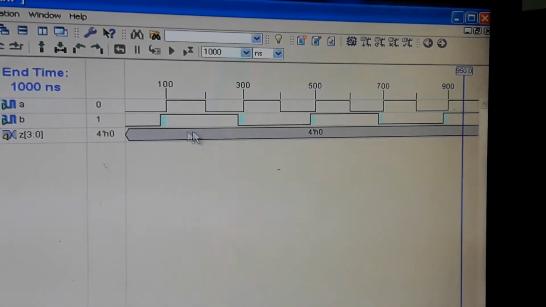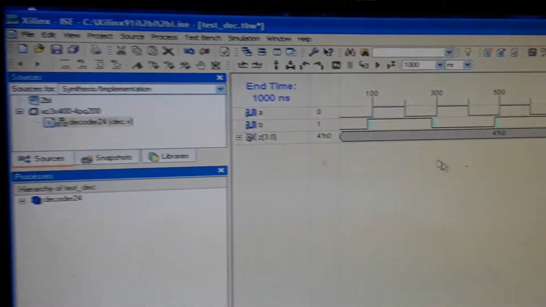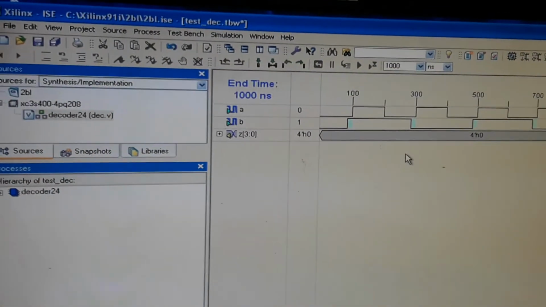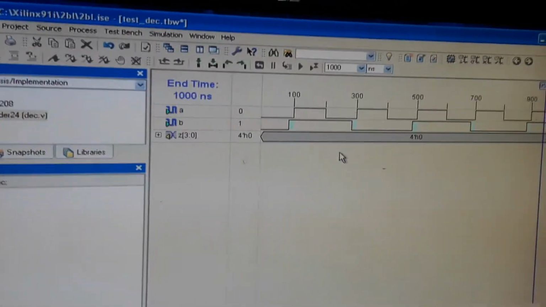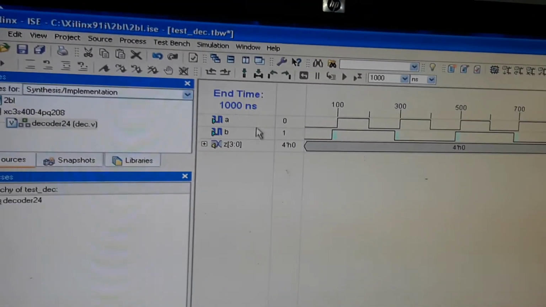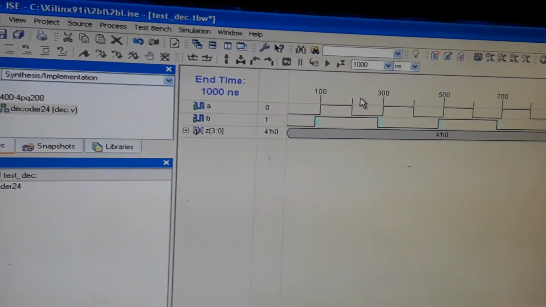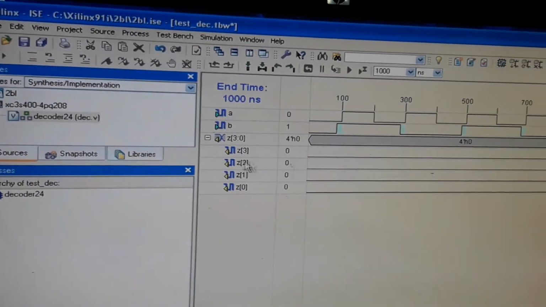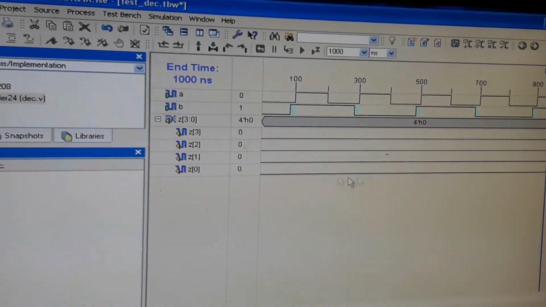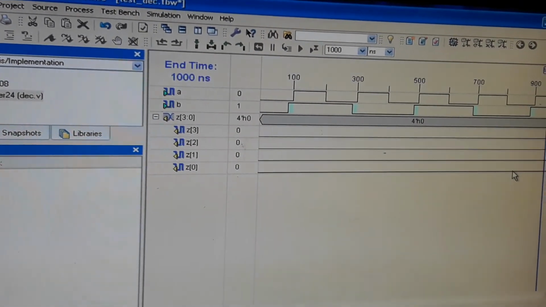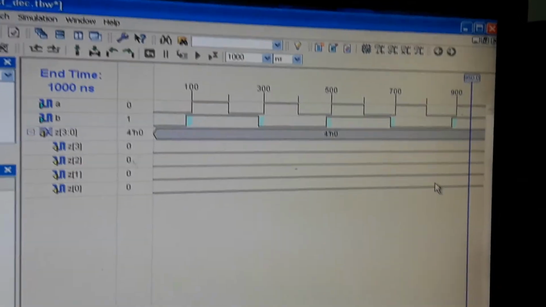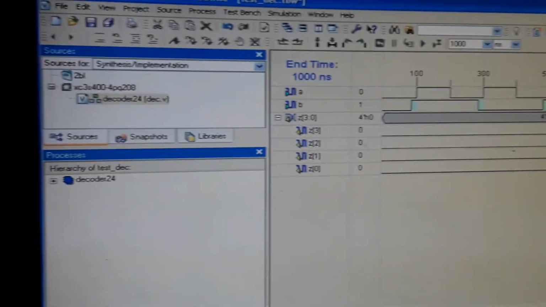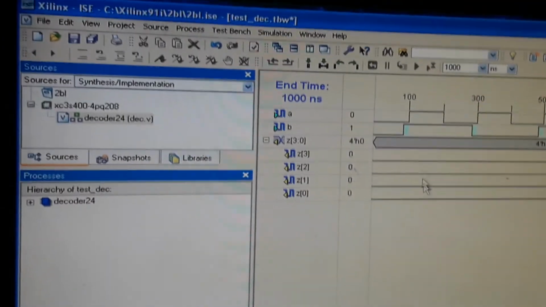Wherever we are getting the color, you can click on that particular color, so that the waveform goes up and down. These two are the inputs, so we have set both the inputs. Next we need to check the output, the 4 outputs. We are getting only 0 output, but after simulating, we will get the output. So what procedure do we have to follow if we want to get the output?